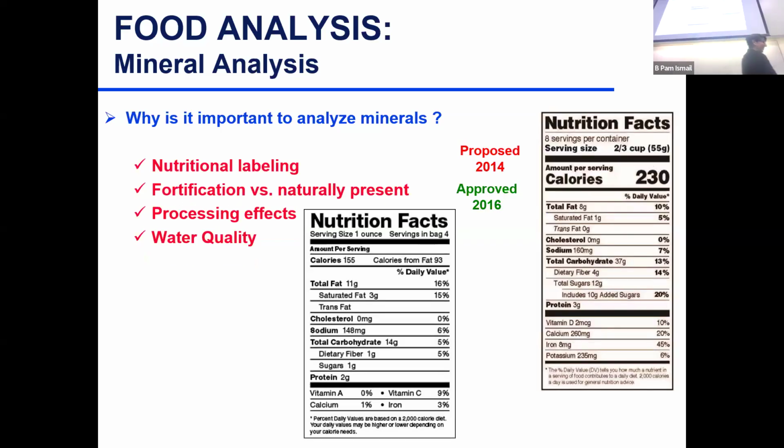All right, so we have the calcium, iron, sodium, and well, this is the new one: calcium, iron, potassium, and sodium. Yes. So for nutrition labeling, we talked about fortification and enrichment, processing effects that will cause us to lose some